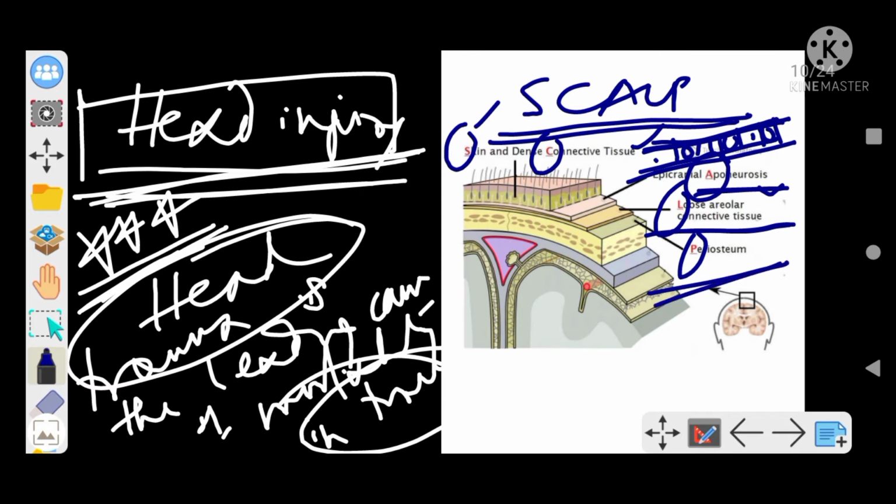Next layer is periosteum. Periosteal layer importance is mainly in skull fracture. If periosteum is involved, that means skull fracture is most likely. Skull fracture will be of two types, non-depressed or depressed. In case of non-depressed, we will go for conservative management, and for depressed, we have to go for surgery if there are focal neurological signs or the depression is more than the adjacent skull thickness, right? So I will write the important topics for you in case you have missed, right? I will try to write it in short.